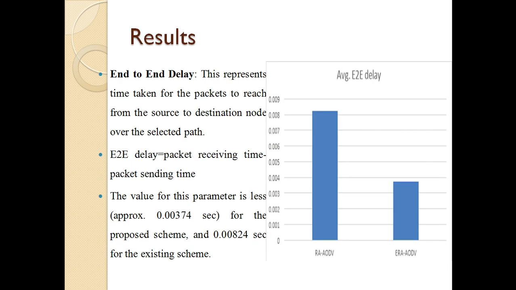Next is end-to-end delay, which represents the time taken for the packets to reach from source to the destination over the selected path. This end-to-end delay should be less, and as the graph suggests, the value of ERA-AODV is lesser than that of